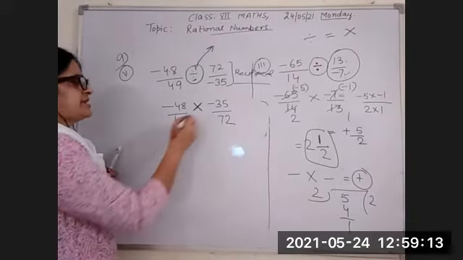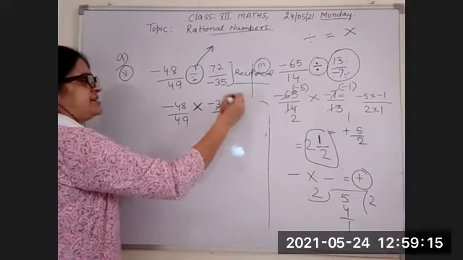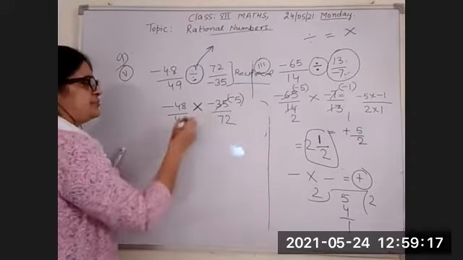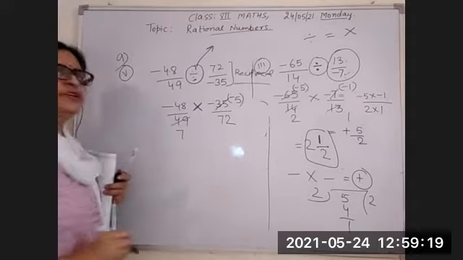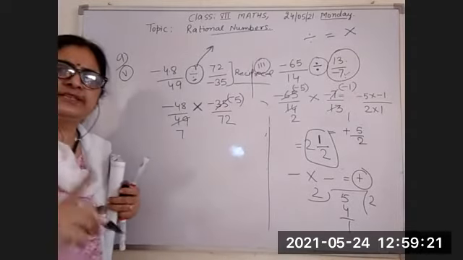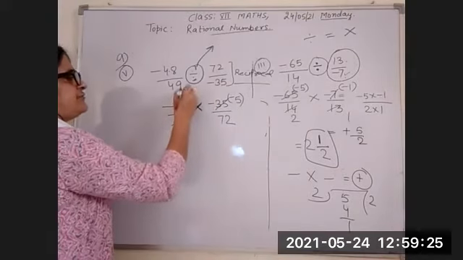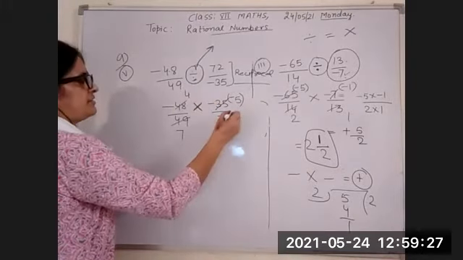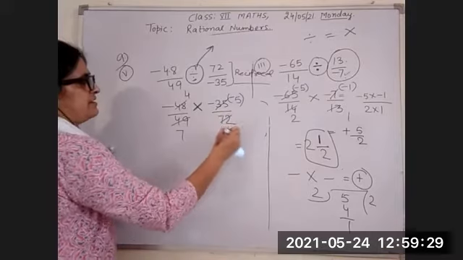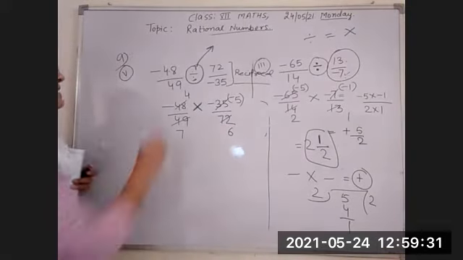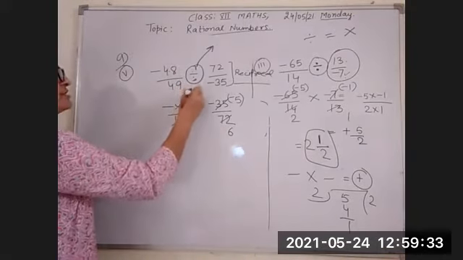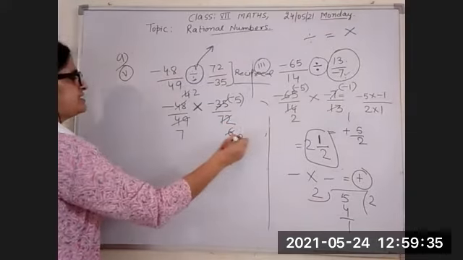The numbers which are cancelled: 7 fives are 35, and the minus sign you will put here; 7 sevens are 49. The same table, it is divisible. And this is divisible: 12 fours are 48 and 12 sixes are 72. And again it is divisible. 2 twos are 4 and 2 threes are 6.